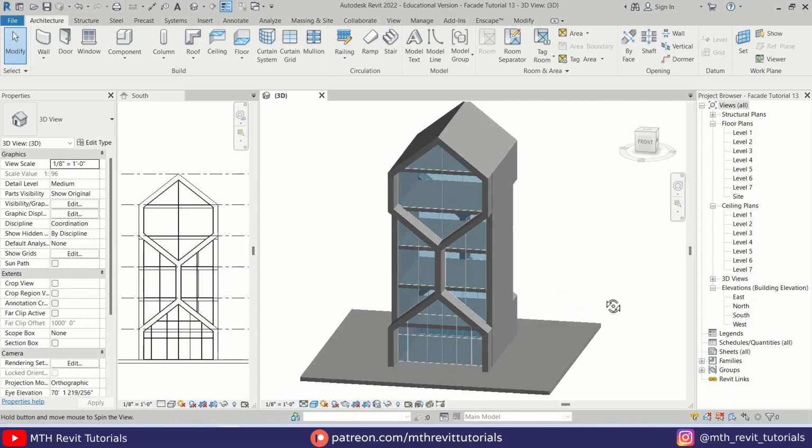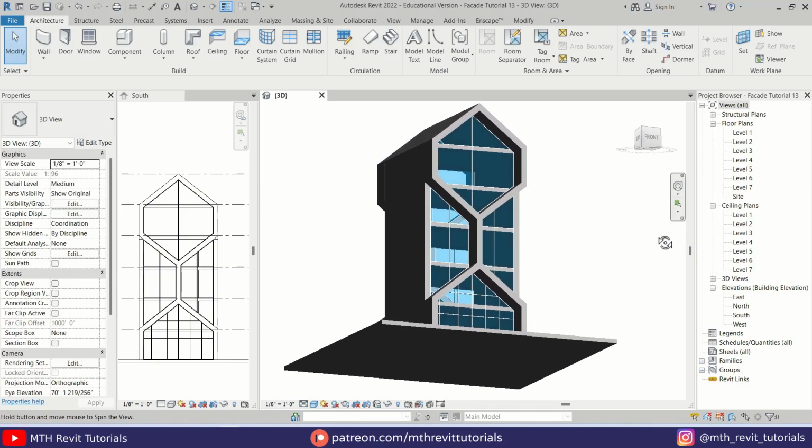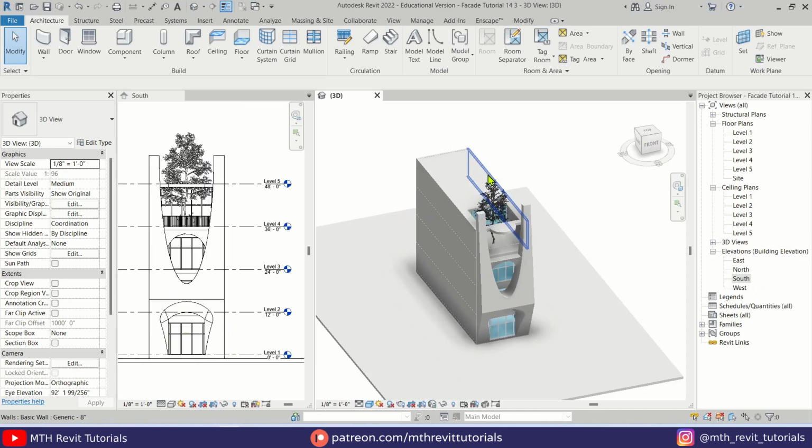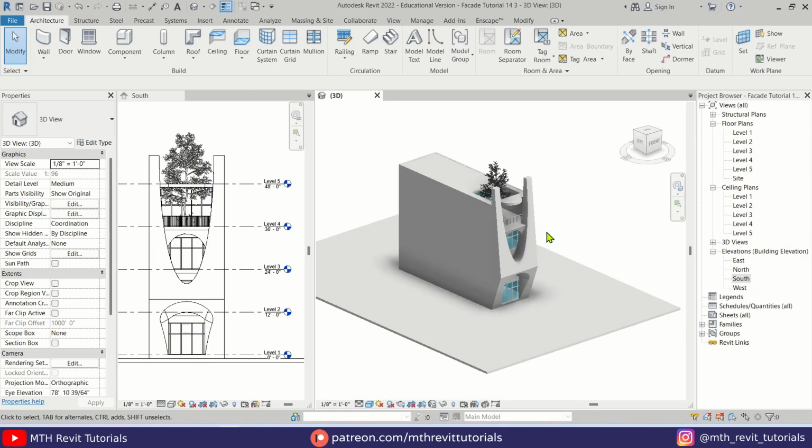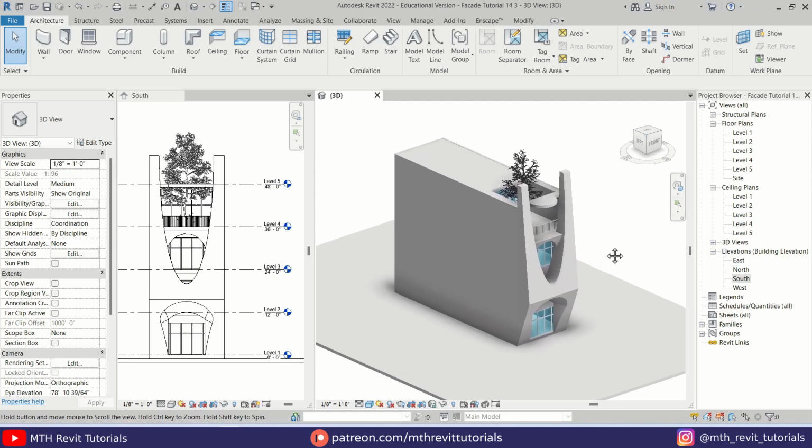So in the previous video, we practiced in-place mass in Revit and created this awesome facade design. Today's video is all about model in place tips and tricks, and we will be modeling this super cool looking